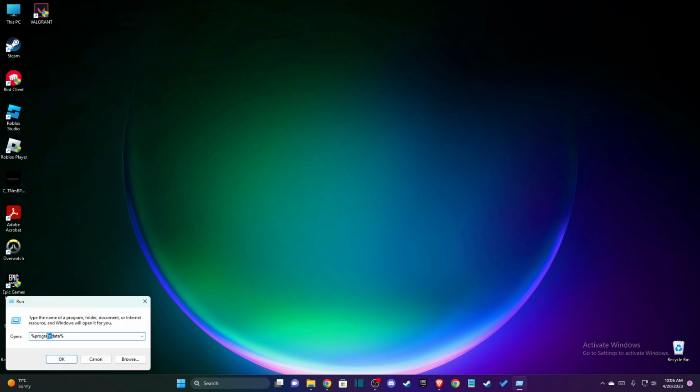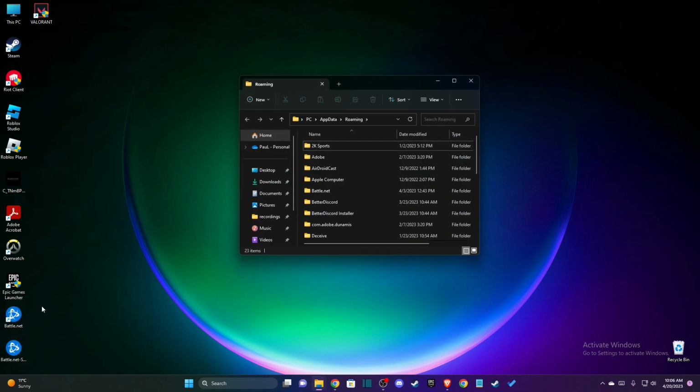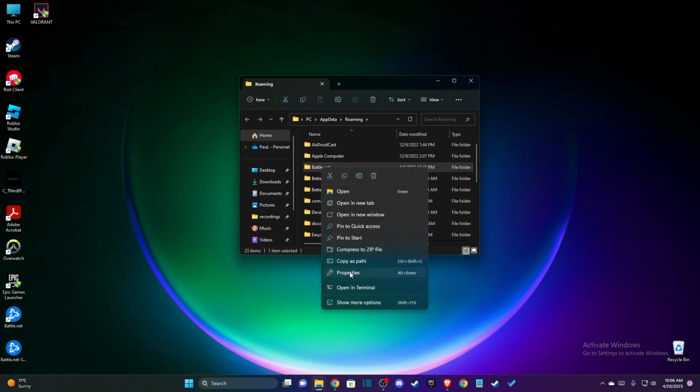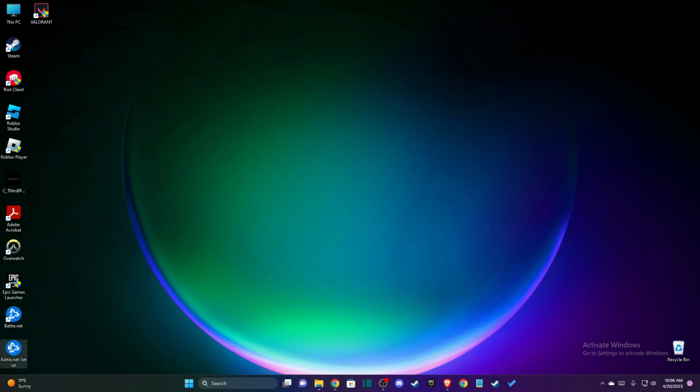And then here you need to just write %appdata%. Here. And here as well, you just need to delete the Battle.net folder. And after you do so, then you need to go to your setup here and run as administrator and install